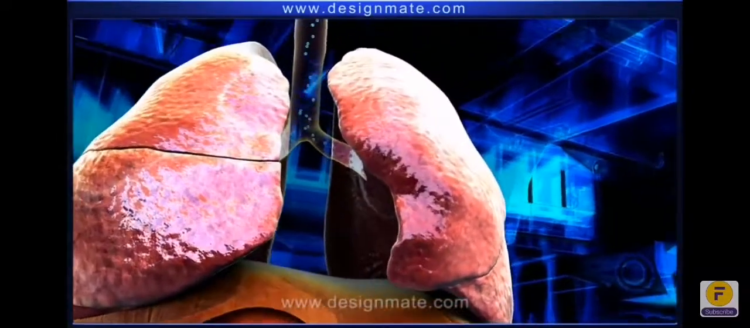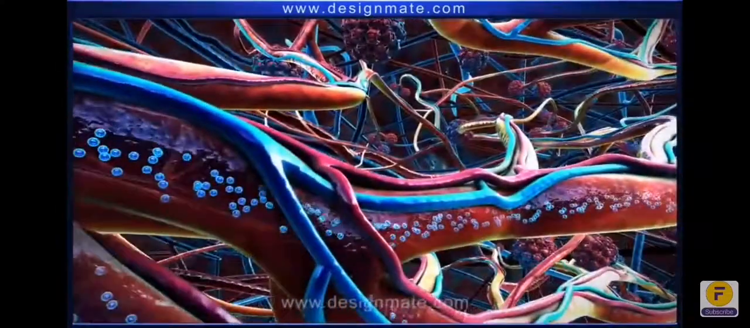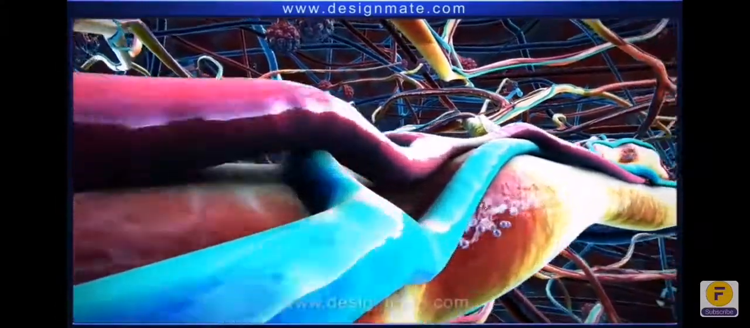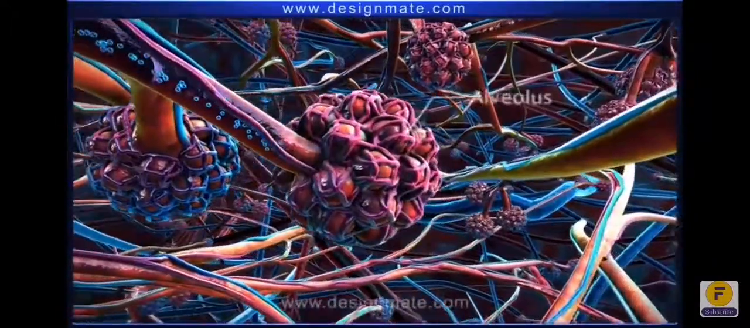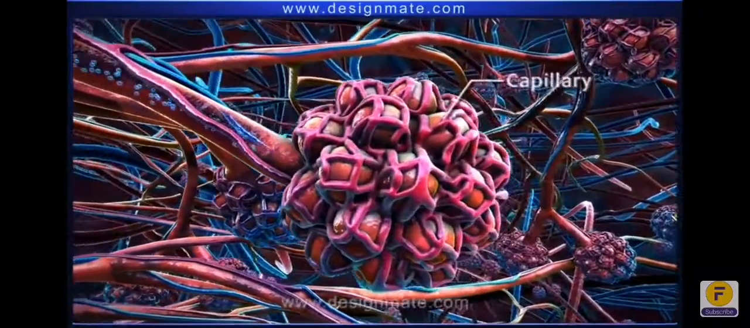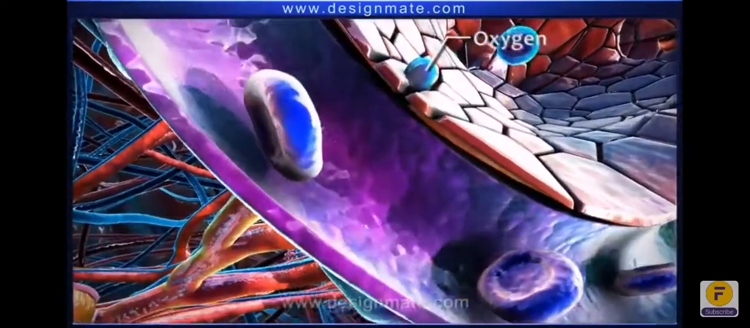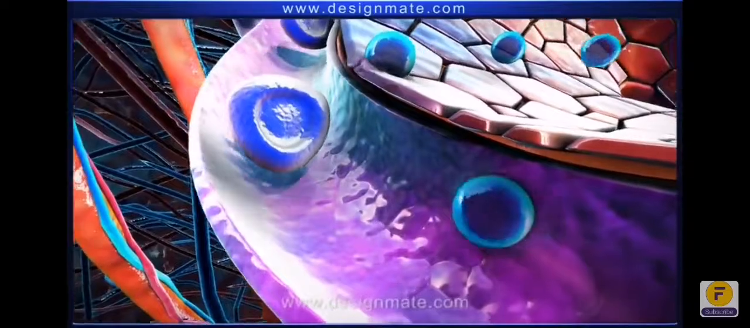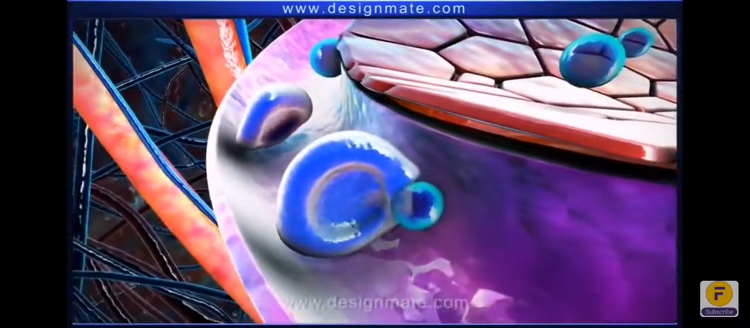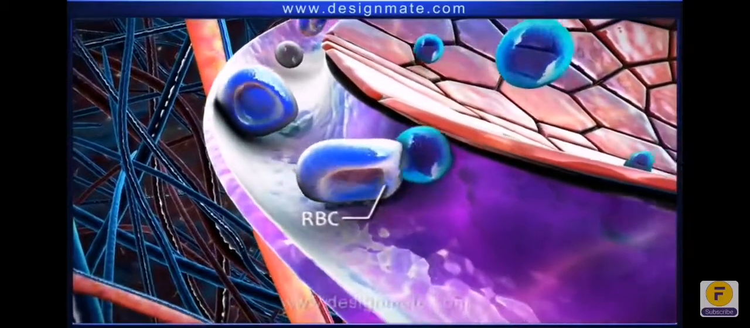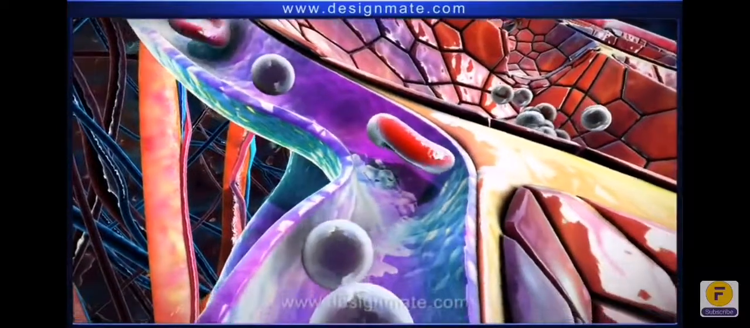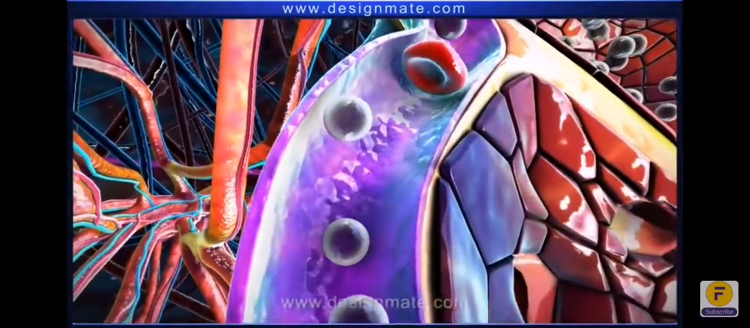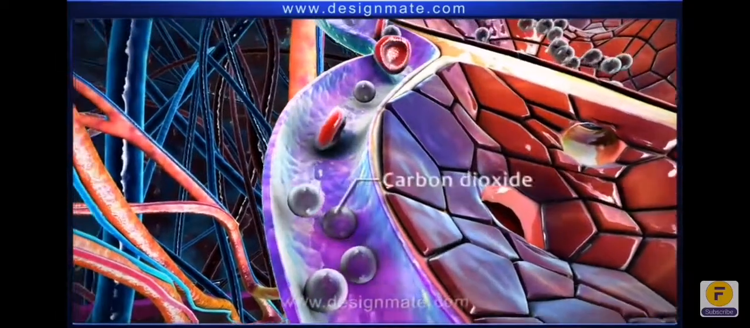From each bronchus, oxygen travels into the lungs. Within the lungs, the bronchus divides repeatedly to form bronchioles. Oxygen travels through these bronchioles and reaches the alveoli, each of which is surrounded by a network of capillaries. As blood flows through the capillaries, the oxygen molecules from the alveolus diffuse into the capillary. This causes oxygenation of the RBCs. The carbon dioxide molecules are released into the alveolus,